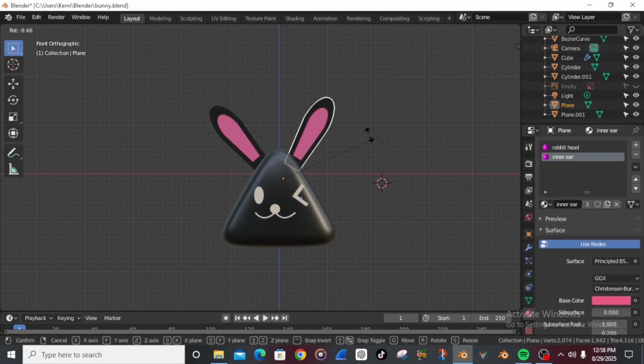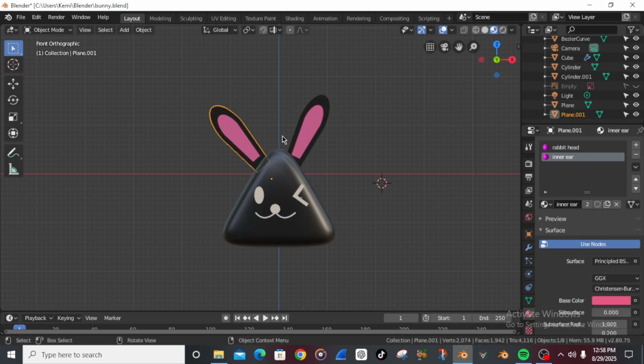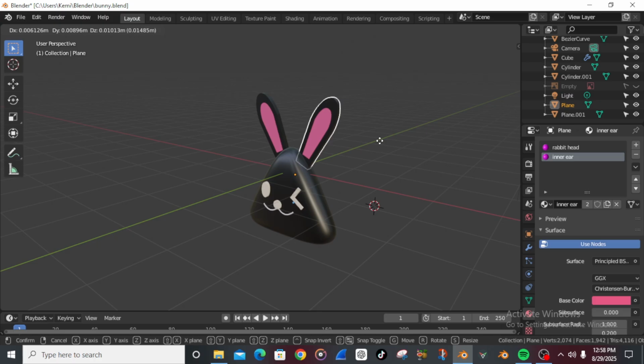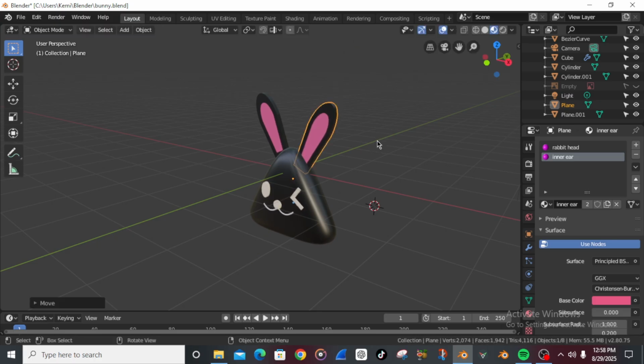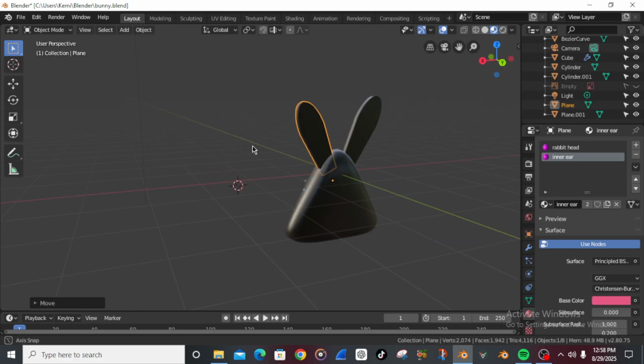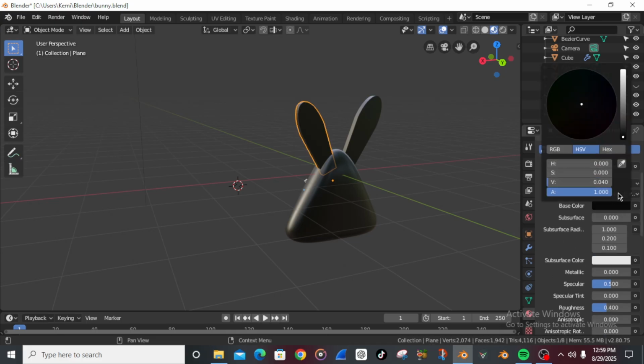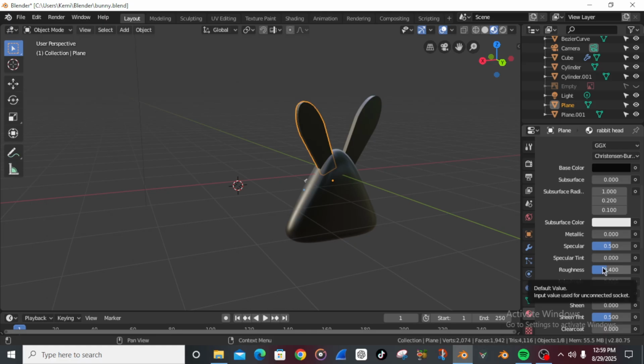for beginners, and I hope you have learned something. Let me stick it inside a bit. You mustn't do what I'm doing. I'm just trying to do a little bit of finishing touch here and there. Rabbit head. Let me make it more reflective. To make it more reflective, I just have to bring this guy down. Let's say 0.3. It makes it more reflective, makes it more shiny. Now let's